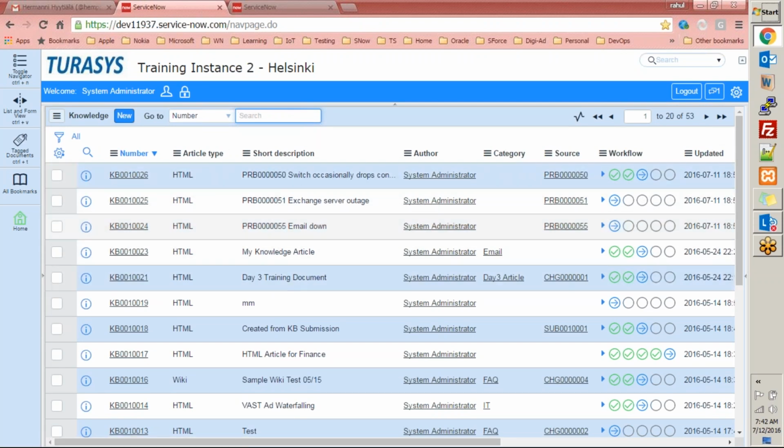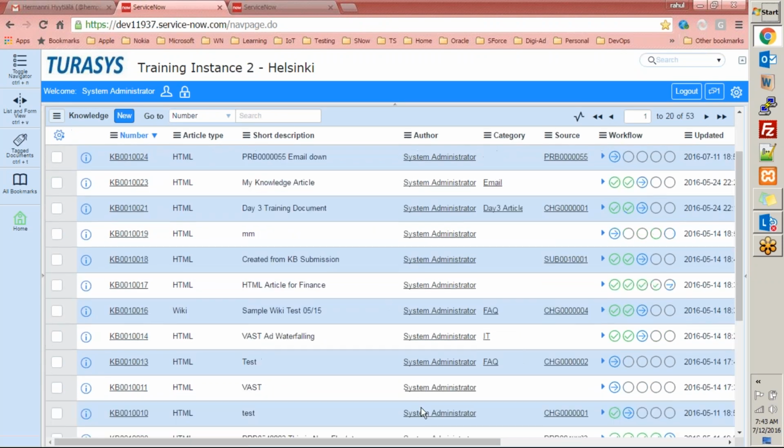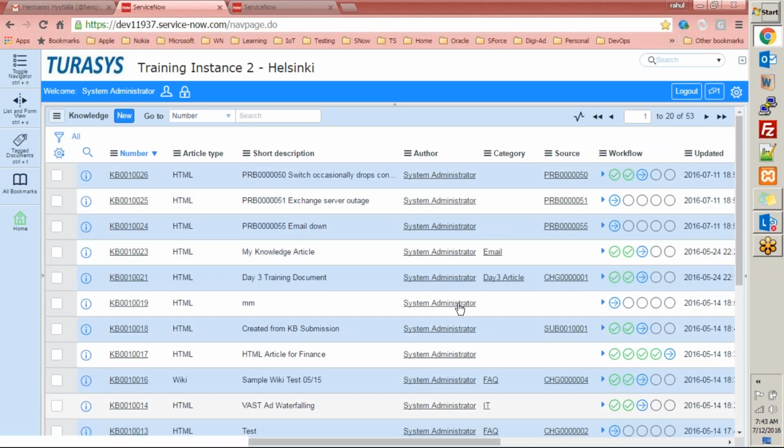And you have the short description. It is non-mandatory, but when you search on the knowledge application, you can search on the short description. So it's always good to have a short description in place, right? Now you see the author of the articles. These are the persons who have created these articles, right? Now again,